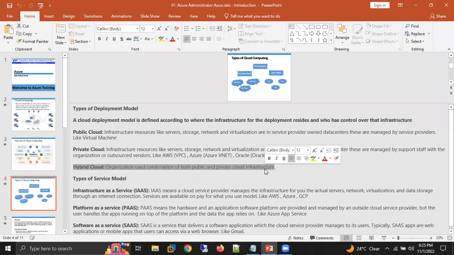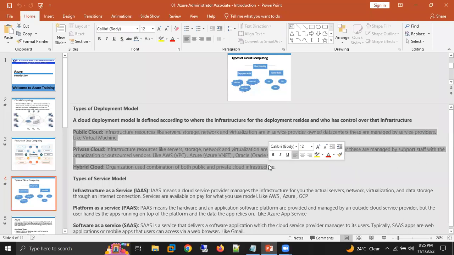So in our cloud platform, we are using all these things. We are using public cloud, private cloud, and hybrid cloud. You will understand in our upcoming sessions when we learn these services. Don't worry, you don't need to go into many definitions right now. If you are not able to understand, don't worry. You will understand these things when we start learning these services.